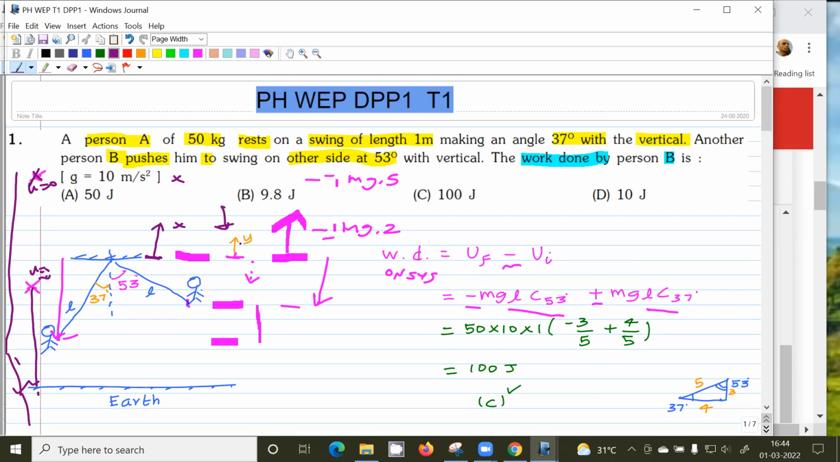This is the only thing you have to be careful about. You have to choose the upward direction as the positive direction. The reference I can choose anywhere. What are the cases where I have to choose the upward direction as positive, sir? Always. Whenever Earth is here,